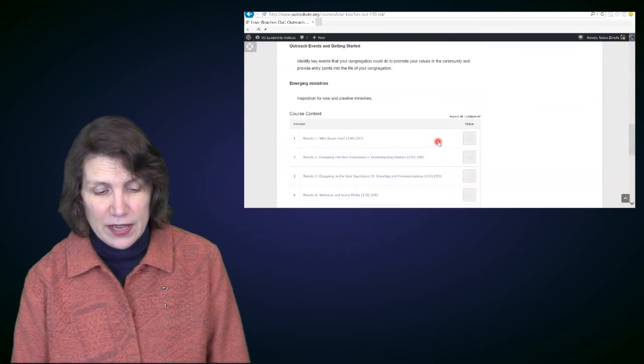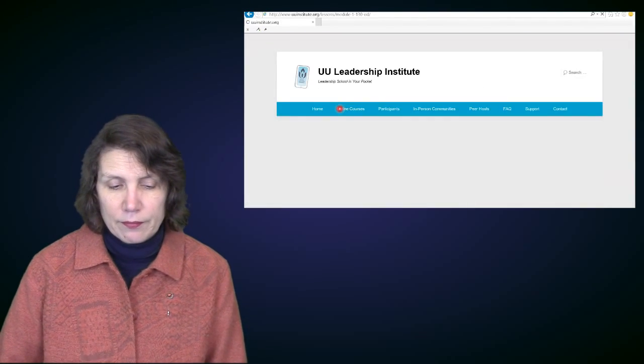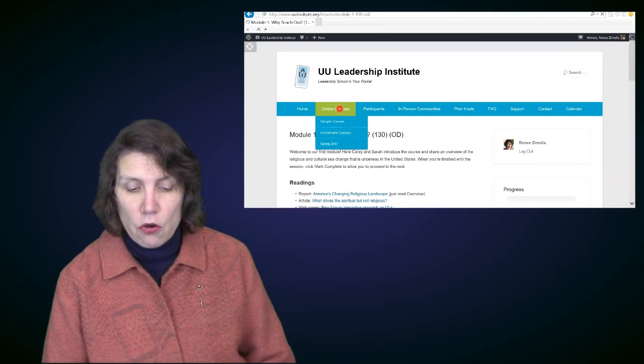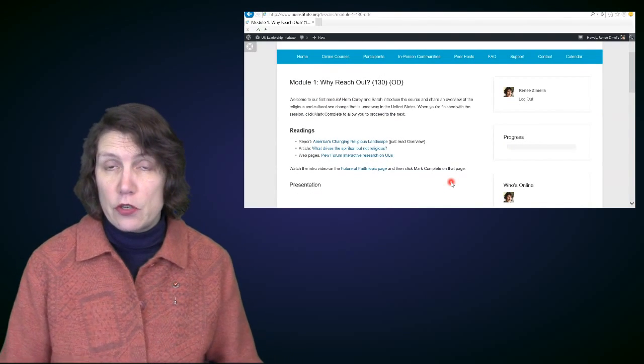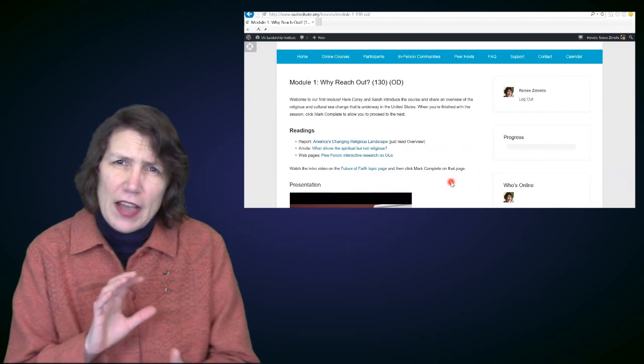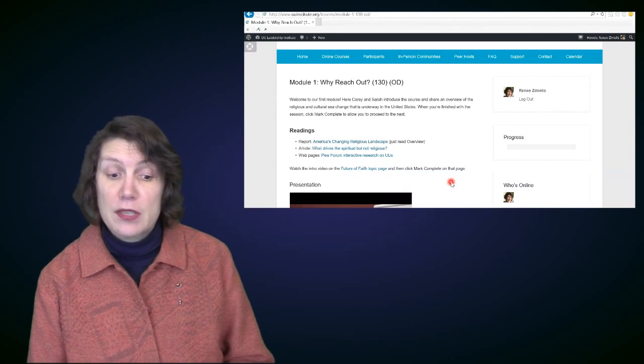And I'm scrolling back down to the bottom of the page, and I'm going to click on Module 1. So what there is on each module page is different resources you get to work through. And we try to divide them up so you can do them in chunks. In this particular case, there's some readings for you,